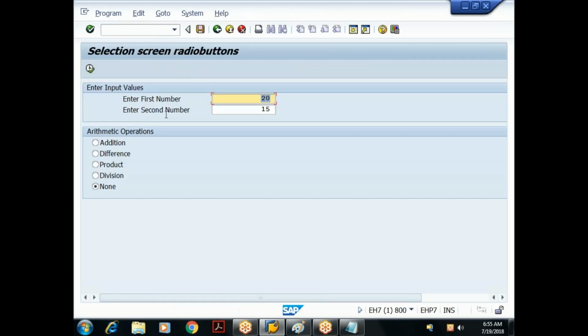So when I execute, yeah. So what is the requirement now? The moment I select the radio button, I should identify the selected radio button and display the result. I don't want to click on the execute button. Okay. So what you have to do is, since I'm doing the action on this radio button group,